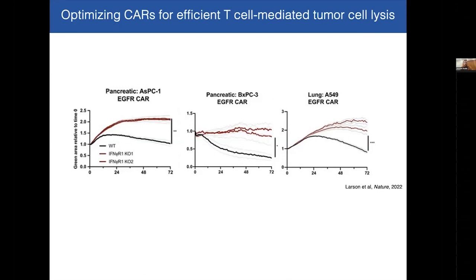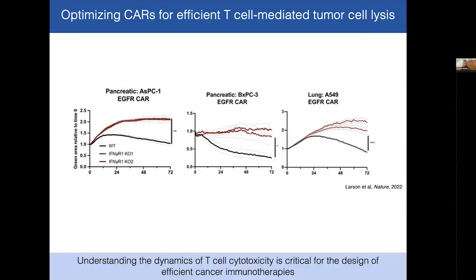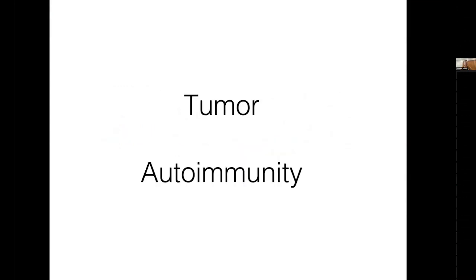So meaning it acquires resistance from time to time, and knowing resistance mechanisms on these products, and in the end eradicating these resistance mechanisms, would lead to an optimized CAR T cell product, and also lead to an efficient cancer immunotherapy. So this was the part for the tumor, and now coming to the part that my expertise lies in,